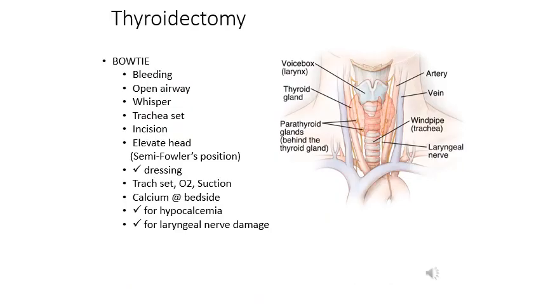So, thyroidectomy information. We do a fair amount of thyroidectomies for various reasons, whether it be a hyperactive thyroid gland or maybe a tumor that they found on the thyroid gland. The acronym BOWTIE can maybe help you remember some of the key priority assessments and interventions for somebody after they've had a thyroidectomy. We're certainly going to be assessing for bleeding, and I just want to remind you they're going